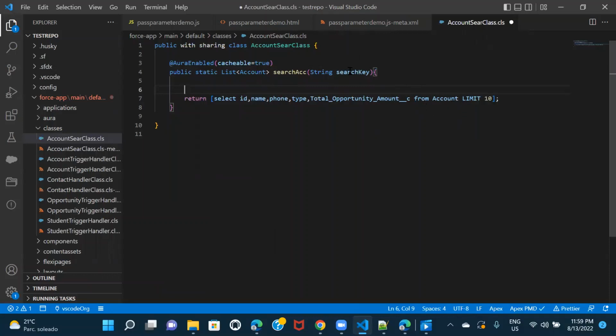That is the kind of SOQL that you use in order to identify the similar result, right? Whatever has been entered, if you want to use a like operator. Okay. So now the search key, in this kind of SOQL, you cannot directly type in something as like and then pass the search key. So you have to prepare the search key as a string and then you can pass it over here. Okay. So string,